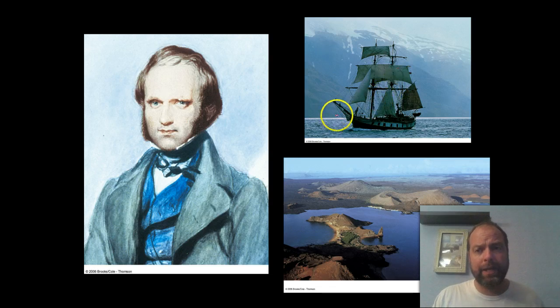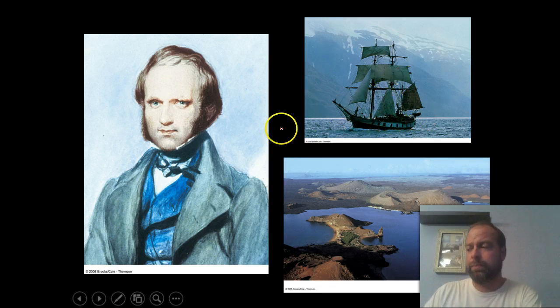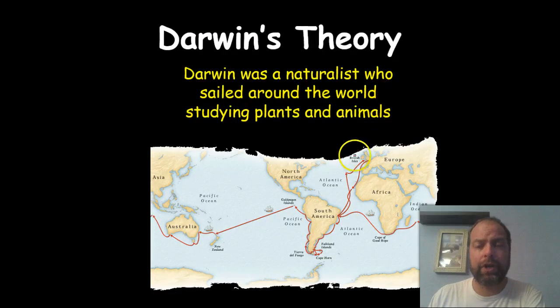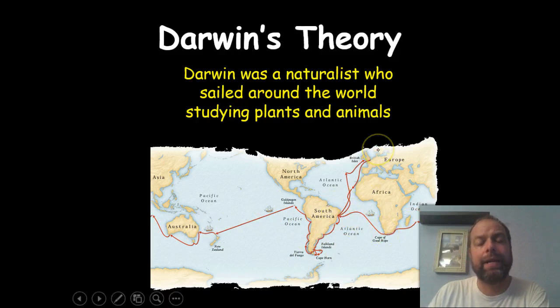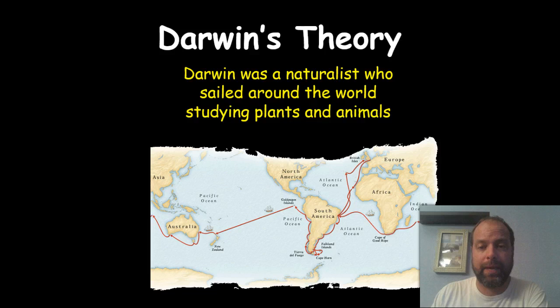And as you can imagine, as he sailed around the world on this ship, it took quite a long time. He started off in what's called Great Britain or England. And then as he followed his path all the way to Australia, and then eventually back to South America, and then finally back to England, it took 5 years. Charles Darwin was 22 at the time when he started this trip. Okay? And his most famous discoveries happened on the Galapagos Islands.